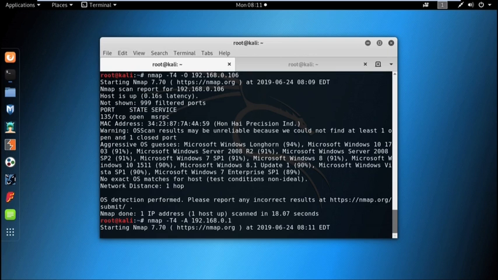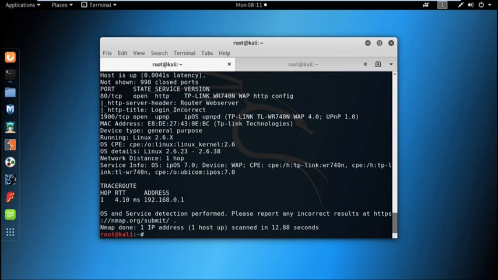By doing the aggressive scan we can find out the service scan and operating system scan together. It gives us the result about some common services which are running in particular ports and as well as the